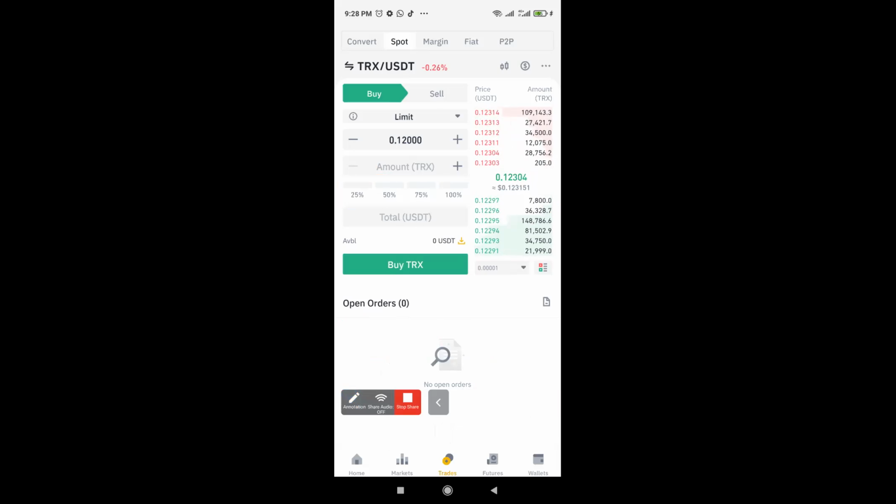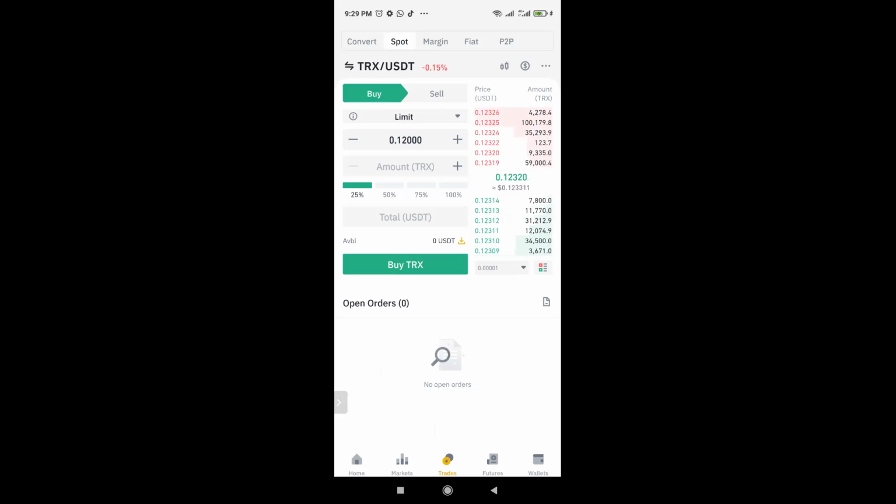So 25%, if you click on 25%, it means you're telling Binance to use 25% of whatever is in your wallet to buy Tron. If you use 50%, you're telling Binance to use 50% of whatever is in your wallet to buy Tron. If you use 75%, you're telling Binance to use 75% of whatever is in your wallet to buy Tron. Same thing with 100%. Okay, I don't have any money there right now, so that's why you're not seeing.